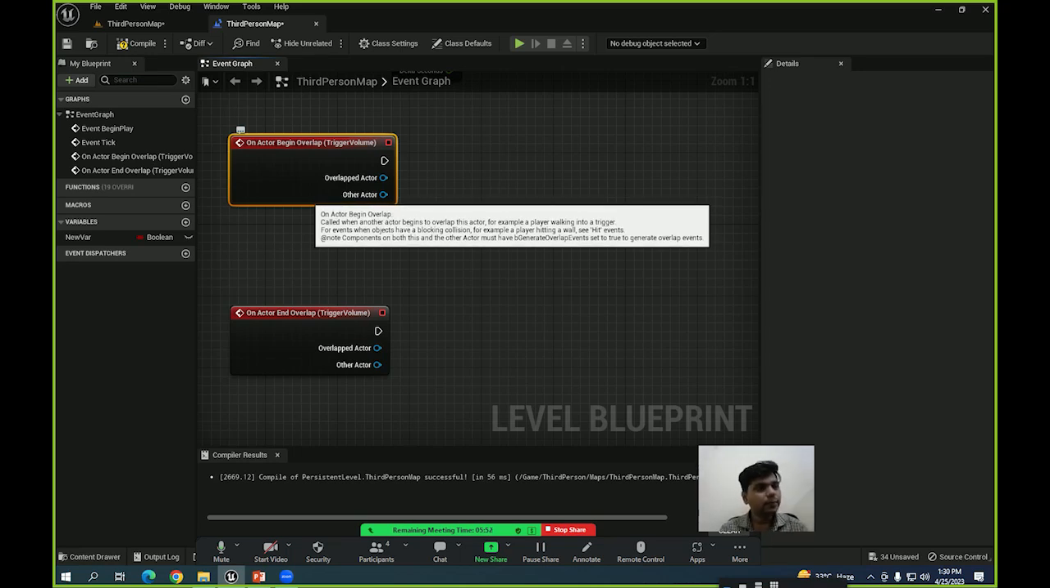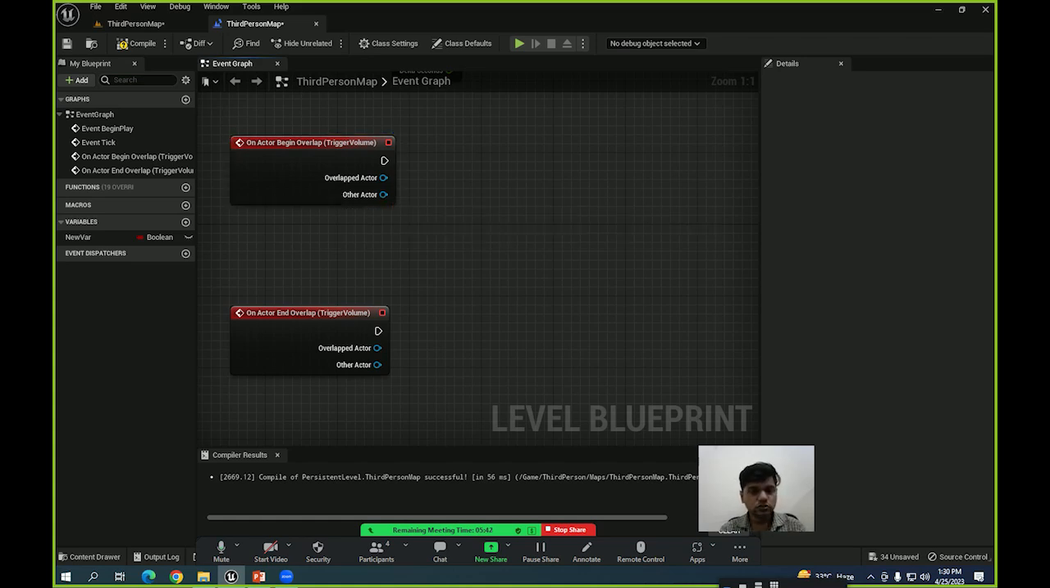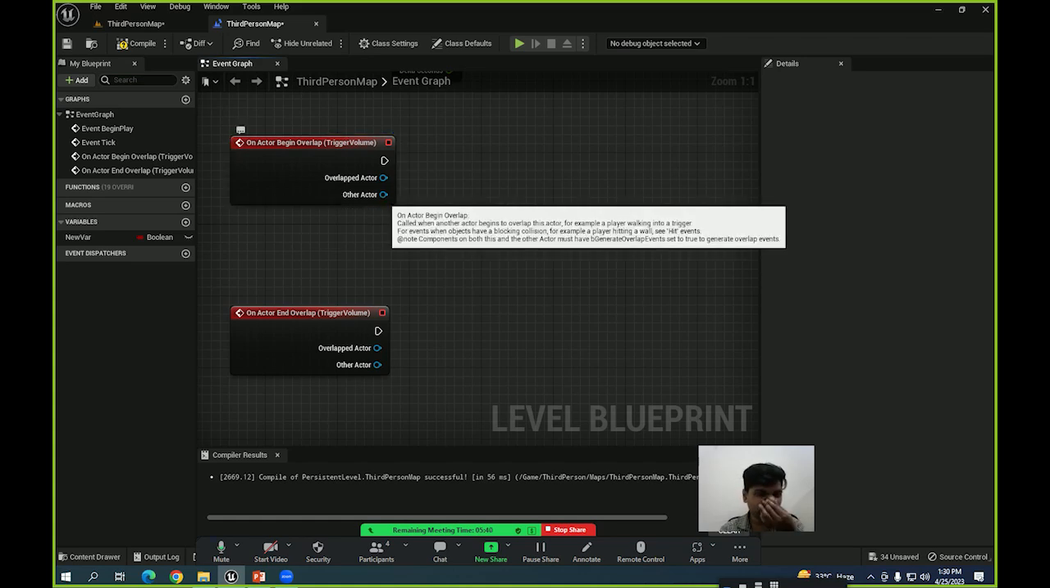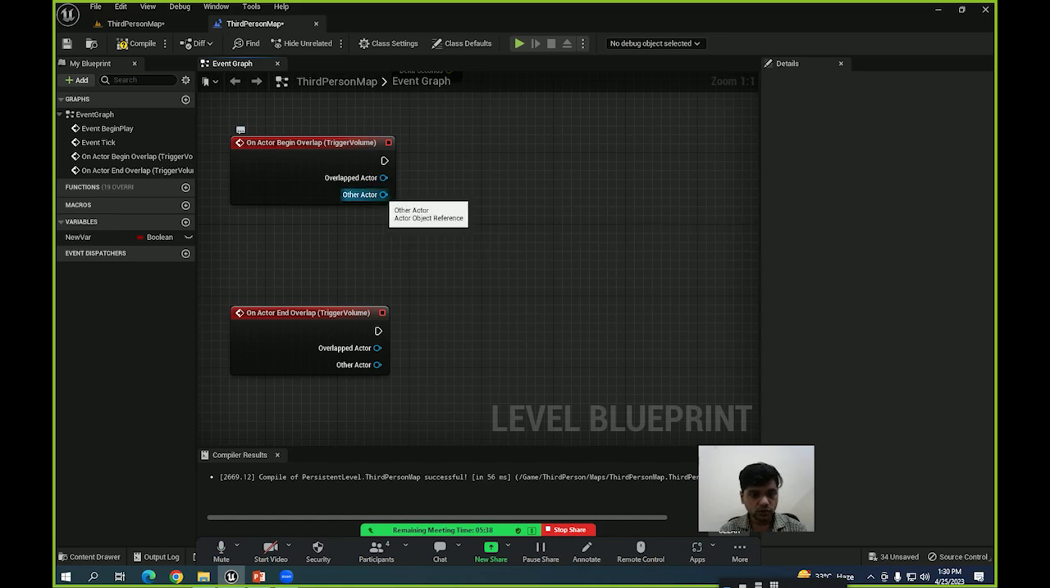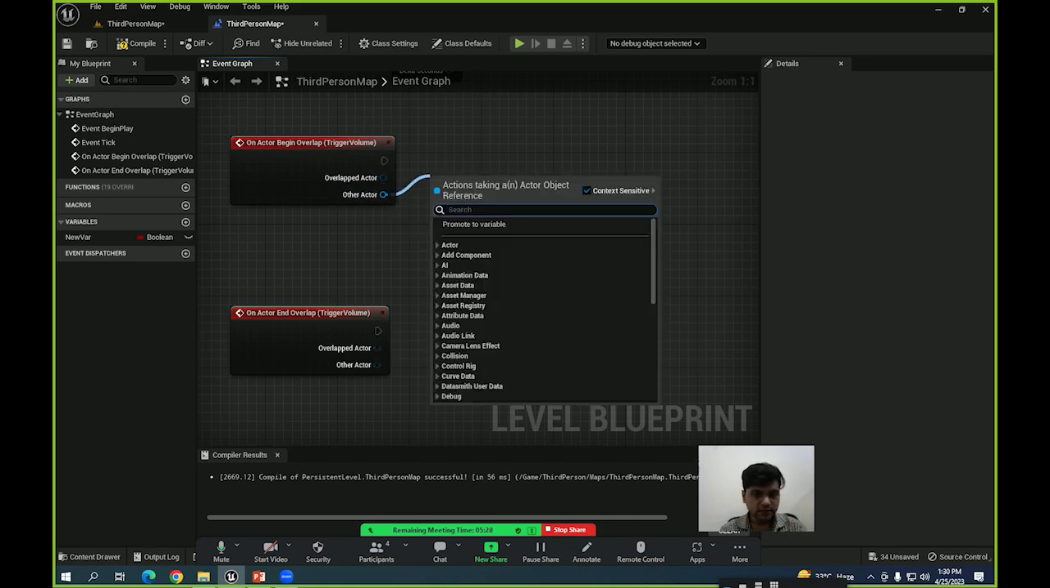Maybe when some other villain character enters, the light should not be on, I don't want that. Like if only I enter the room, then the light should get triggered. So to check whatever is entering that box, you just drag the other actor. You have overlapped actor, you have other actor, which is the actor that is entering. So myself, that is third person,